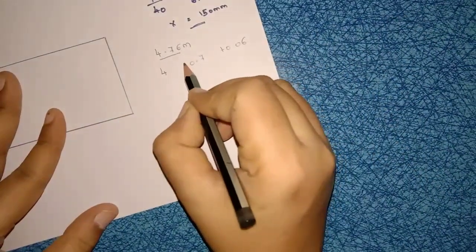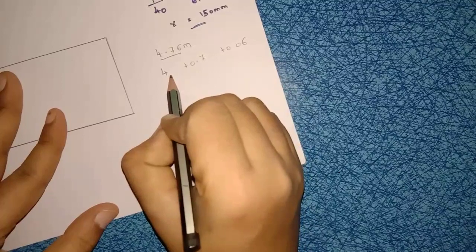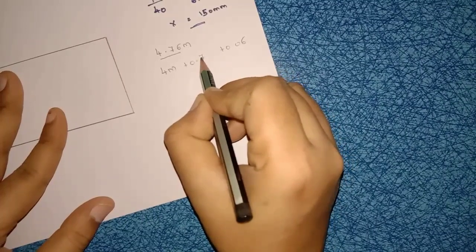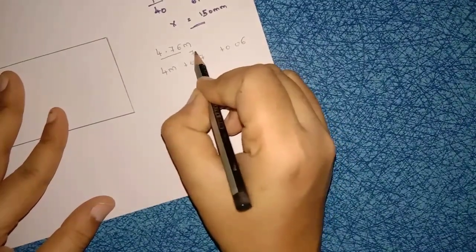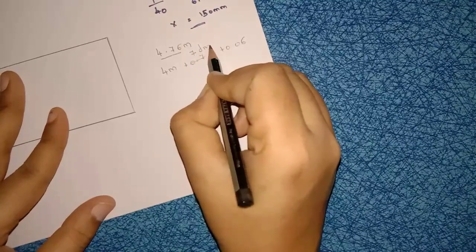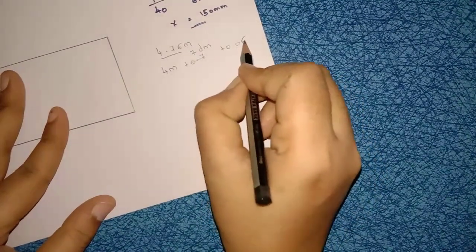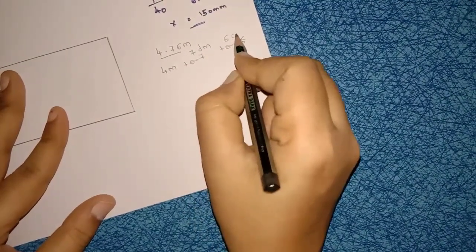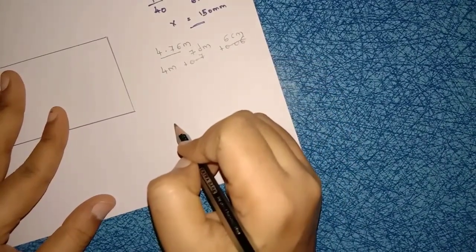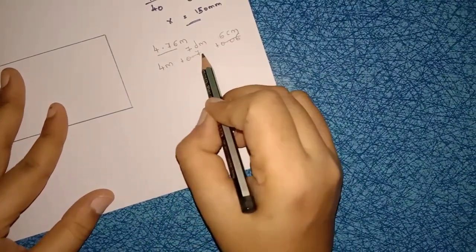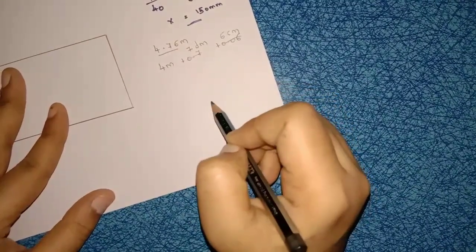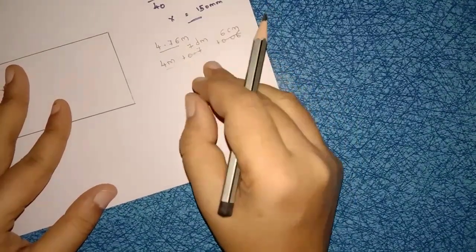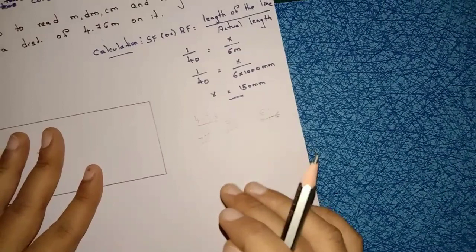Now coming to units. Previous concept only. Here no decimals, so write down here meters. Here decimal is there, so strike off this 0.7, write down here 7. Meter's immediate subdivision is decimeter. Here also decimal is there, 0.06, strike off this, write down 6. Meter, decimeter, centimeter. 1 meter equals 10 decimeters, 1 meter equals 100 centimeters, right? So how many units are there? 4, 7, 6. 3 units are there. If 3 units are there, you have to construct a diagonal scale.